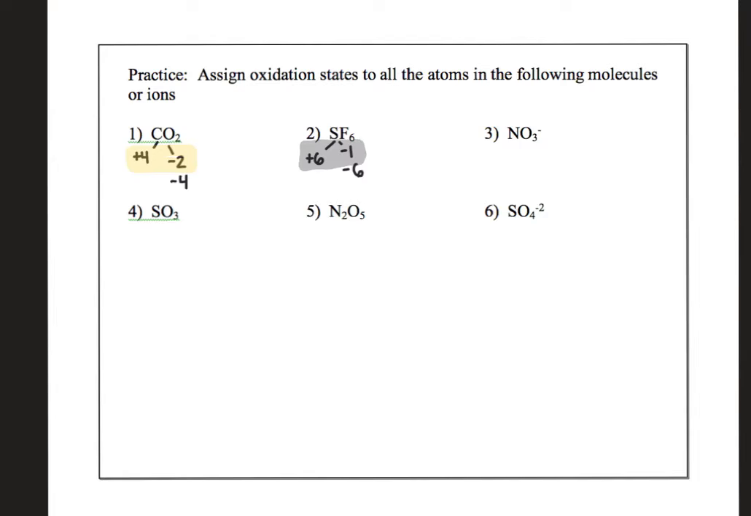Why don't you pause the video and try the next ones? We have NO3 minus, so the oxidation numbers must add up to that -1. We have SO3, N2O5, and SO4 -2. Pause the video and try those. And then I also want you to try this challenge one,